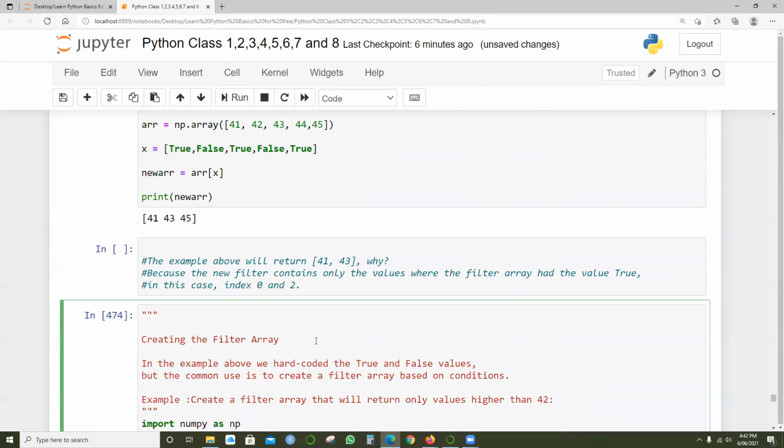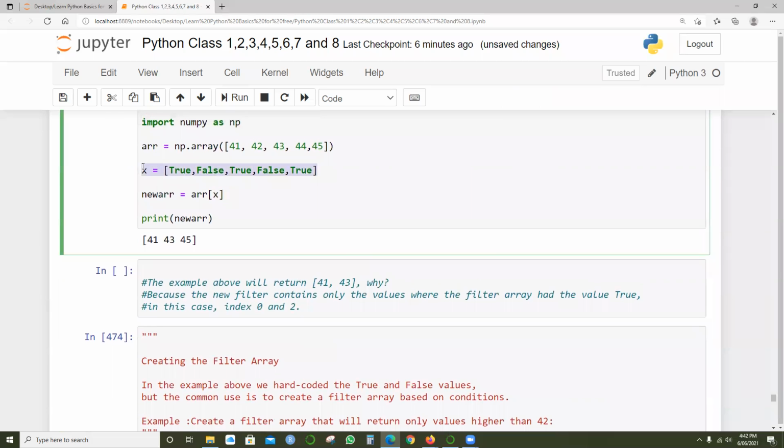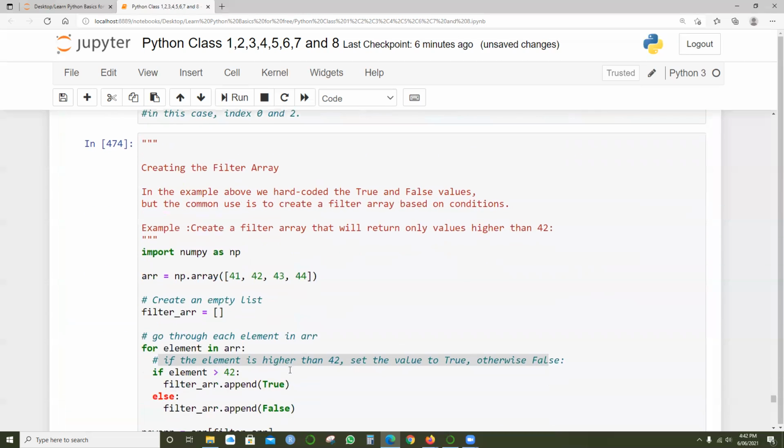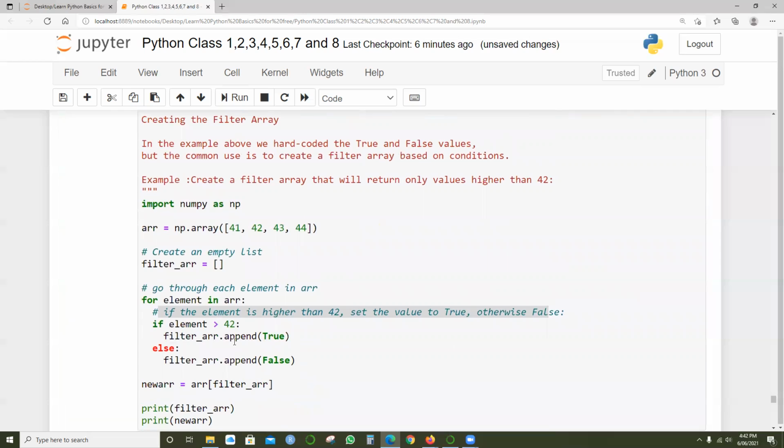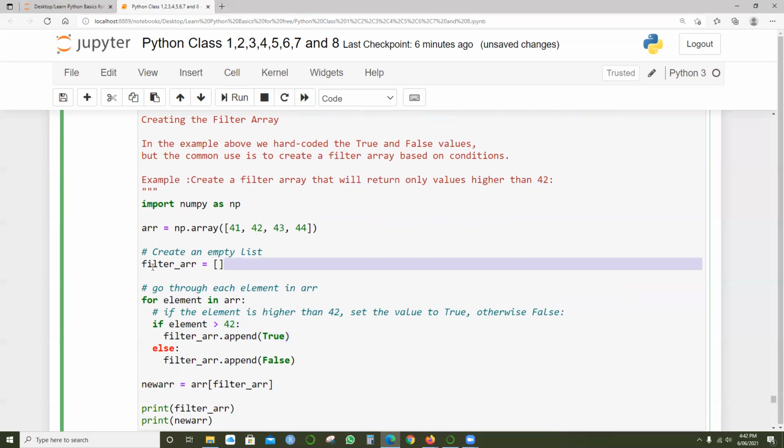This time we have hard coded the values over here, true, false, true, false, true. But here we are saying if the element is greater than 42, append the value true to the filter array, to the list. We are creating a list based on the values. If it is greater, then true, else false.